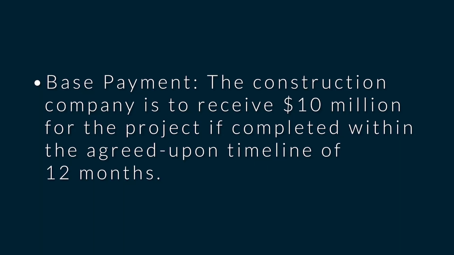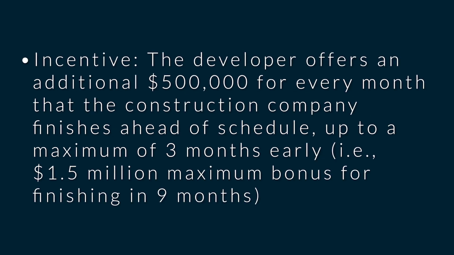Now, that could look something like this. In this case, the base payment: the construction company is to receive 10 million for the project if completed within the agreed-upon timeline, which is 12 months. But as an incentive, the developer offers an additional $500,000 for every month that the construction company finishes ahead of schedule, up to a maximum of 3 months early. So that is 1.5 million maximum bonus for finishing in 9 months. The point here is we are trying to ensure that they complete this faster without compromising on quality,